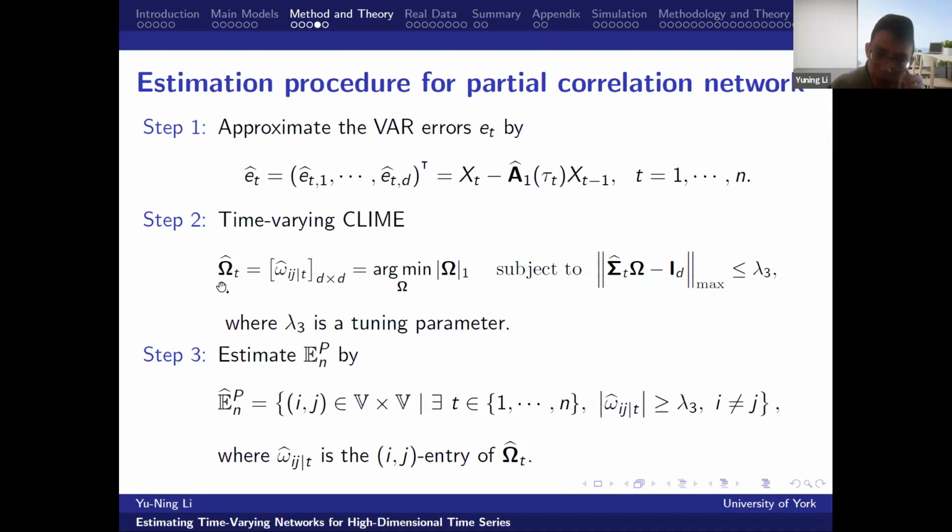So we get the precision matrix. And using these estimates, we can then define our estimates for the partial correlation network. So this is how we estimate the two networks.